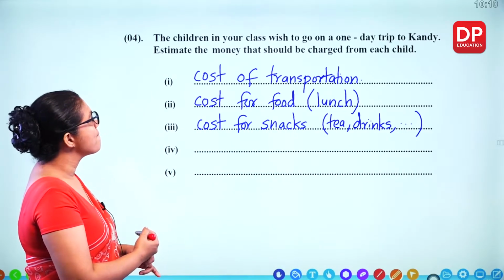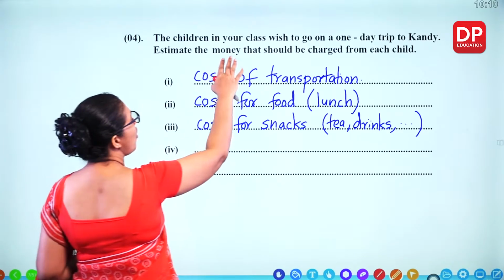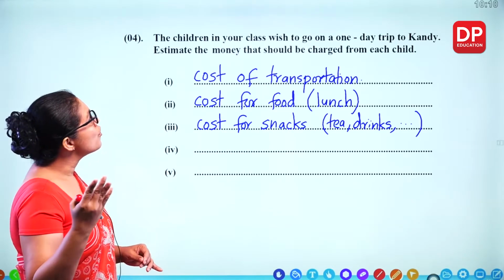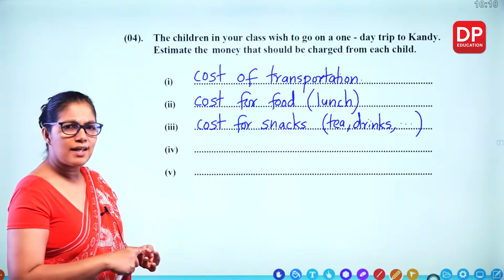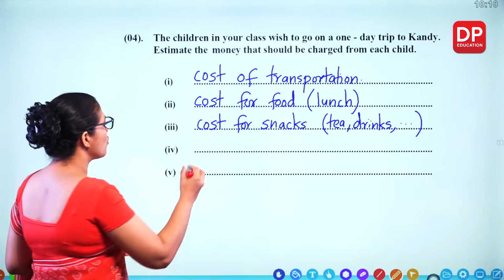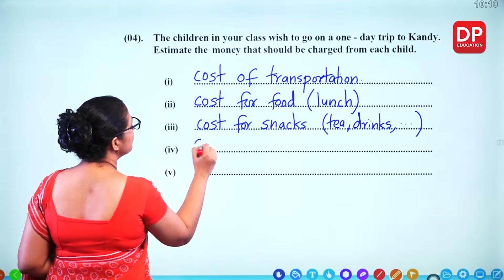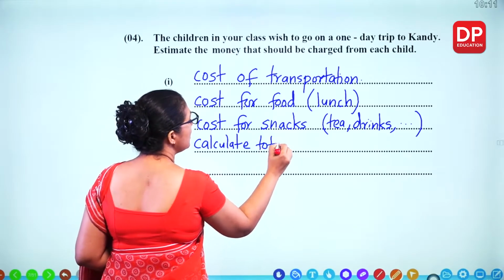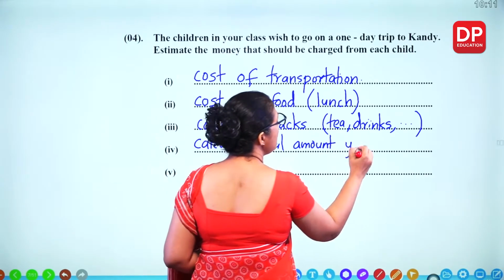Then you calculate total cost, transportation, food, snacks. Sometimes when you go to places, you have to buy tickets also. So then the cost for the tickets, everything, you calculate the total amount you need. So calculate the total amount you need,